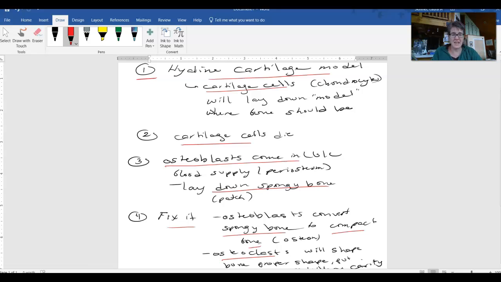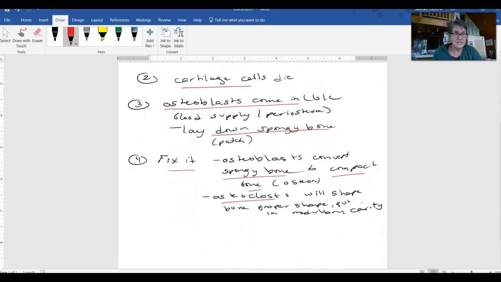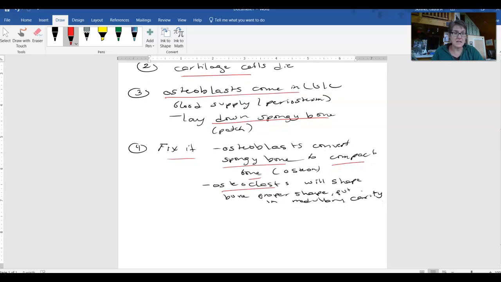Remember, osteoblasts are hanging out in the periosteum and even in the endosteum, in the linings on bone, waiting for, yay, I get to do something. And they will lay down spongy bone. That's not always the end of what they do. They'll then have to fix it. And fix it is the osteoblast will convert that spongy bone to compact bone and lay down a nice regular pattern